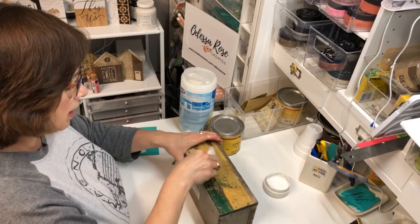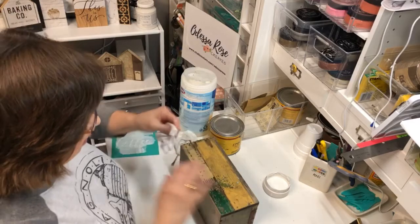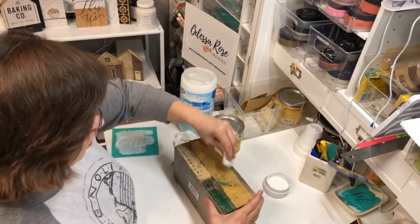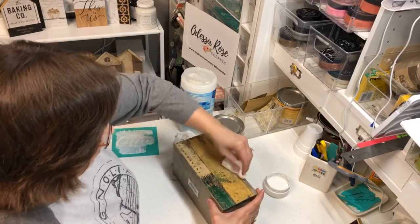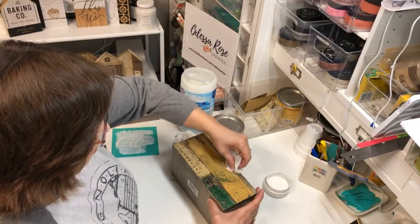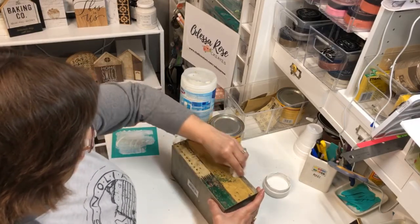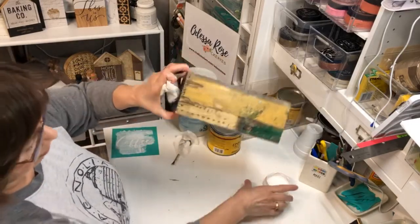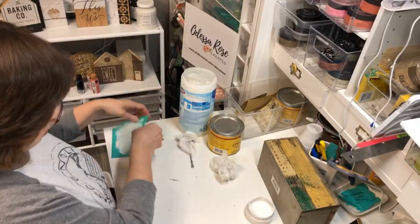And I think, like I said, this is coming off really well because I put a little wax down. Otherwise, there is old varnish or that old sealer on that paint, but I really think it would have absorbed more if I hadn't put that wax on. So that's looking pretty good. Look how clean that came off. So let's clean the transfer